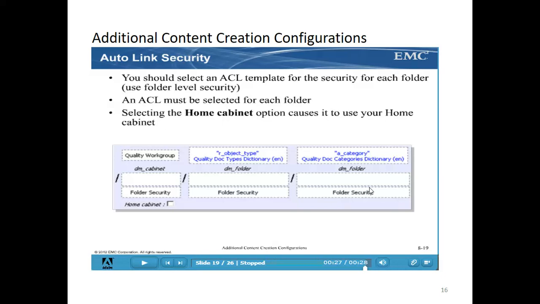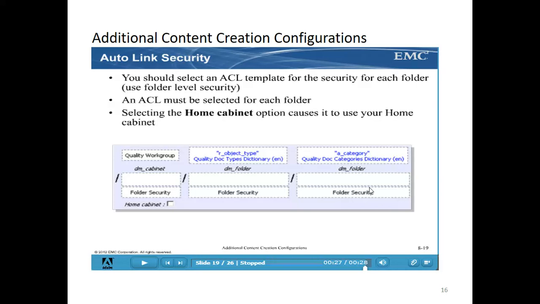To create a dynamic path, you can give the r_object_type as dm_folder, first folder path, second folder path. You can give a_category, which is a custom attribute, and based on the user-selected value the folder will get created here.